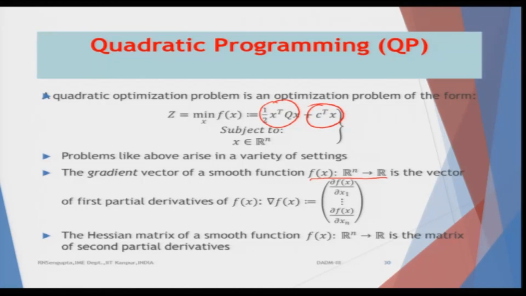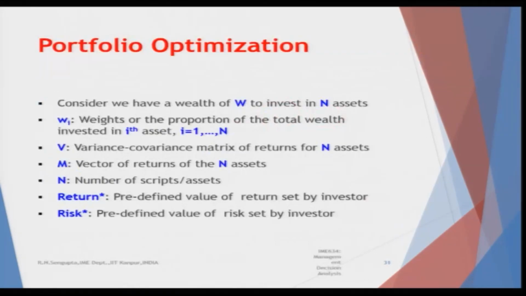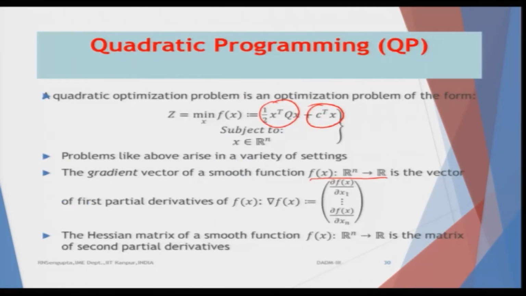Now, if you remember, just a few minutes back I mentioned the Hessian matrix. The Hessian matrix of this function would basically be the mapping from the n dimensional to the one dimensional, where you are trying to find the second derivative of these functions. Obviously, the second derivative would be the second partial derivative of the matrix, and here it would be very simple. If you consider the second derivative, the principal diagonal would be del 2f by del x1 squared, the first element, the second one will be del 2f by del x2 squared, and the last element in the principal diagonal will be del 2f by del xn squared.